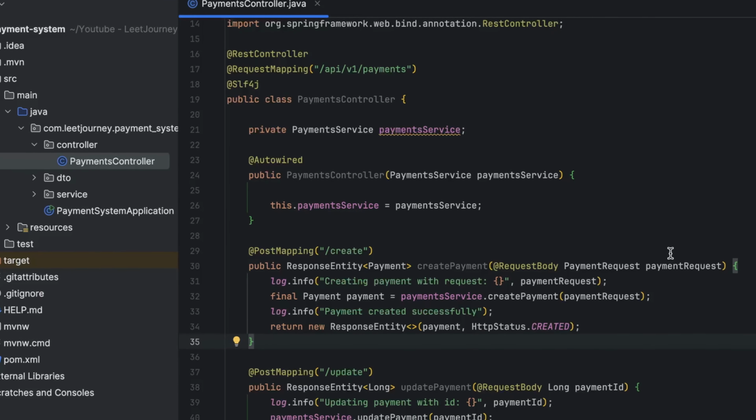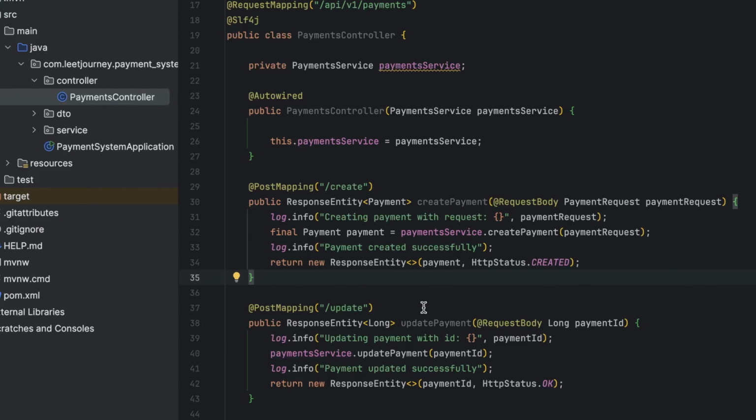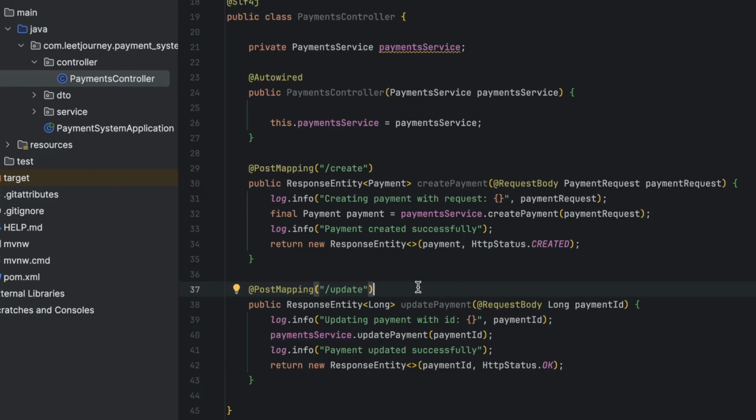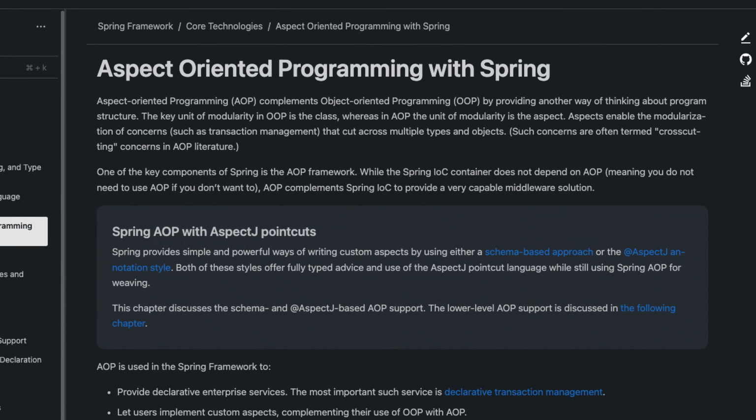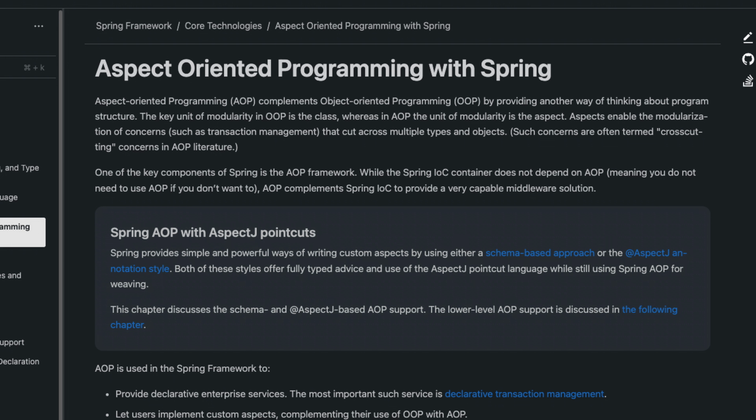Ever felt like you're repeating logging or validation code in every service? What if I told you there's a cleaner way to do this using aspect-oriented programming, or AOP? AOP is a way to separate cross-cutting concerns like logging, security, and metrics. Instead of writing the same code in every class, you write it once in an aspect and let Spring handle